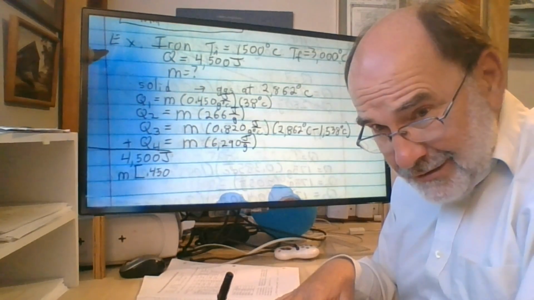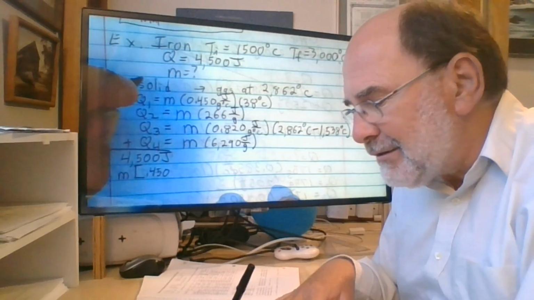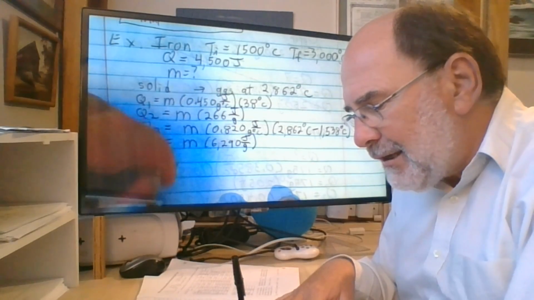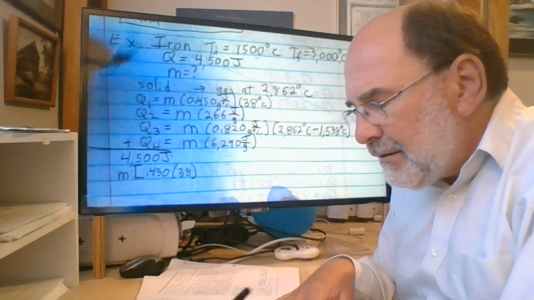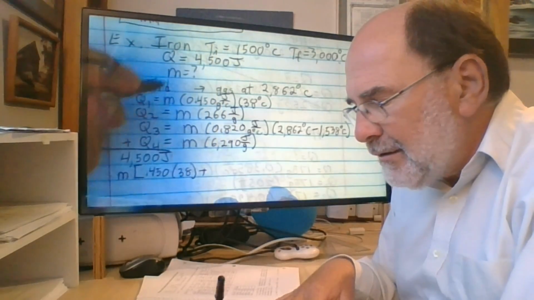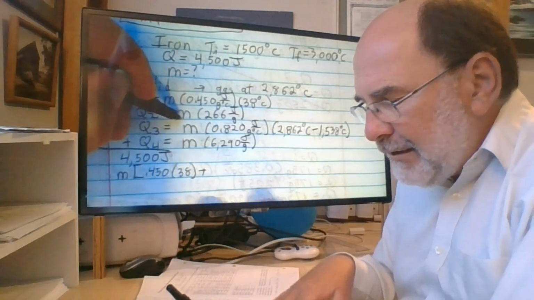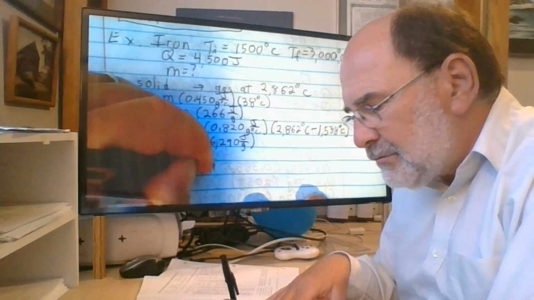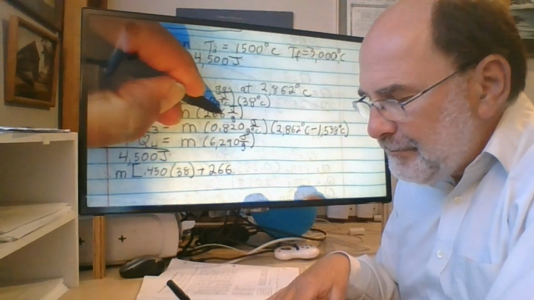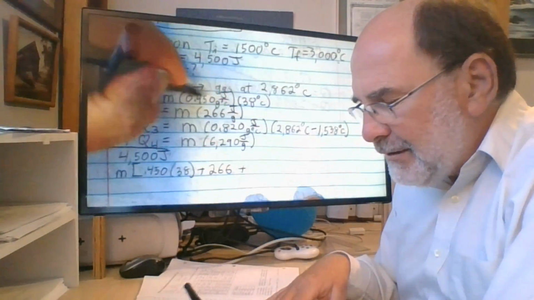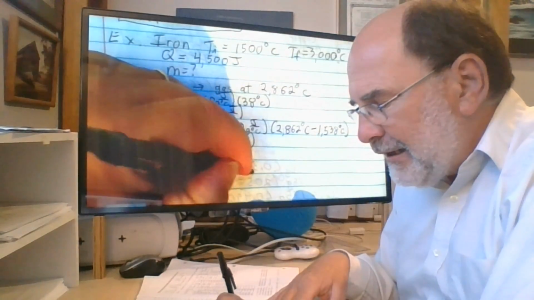I'm going to do this quickly and not write down the units. Times 38. The next one is, so that's the first one. Now go plus, m is factored out, so 266. Plus, for the next one, m is factored out, and I have